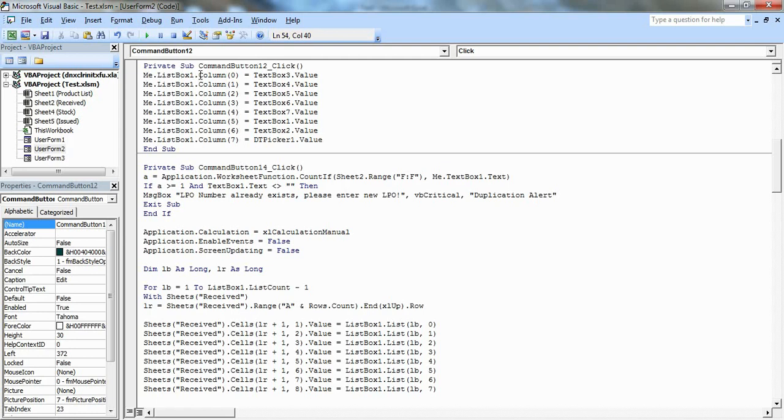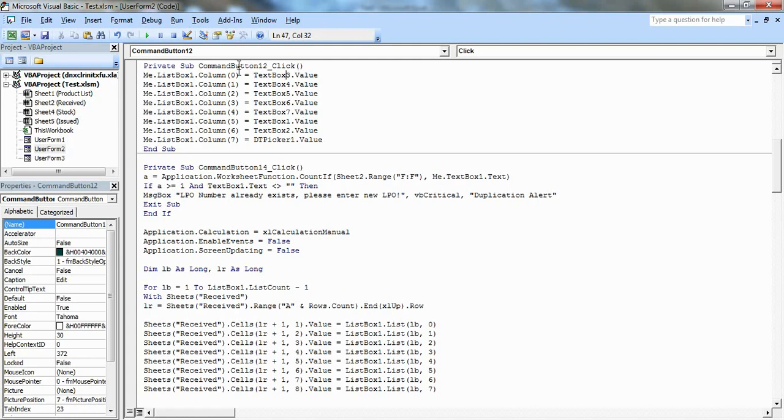And here list box 1 dot column, all are the same, only I have changed the column numbers, and in the other section I have given the references of text boxes. Here I have given the references of all text boxes, as you can see 1, 2, 3, 4, 5, 6, 7, and now you can see that the text box references are not in sequence. Why?